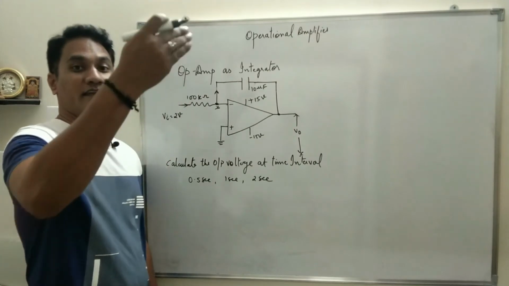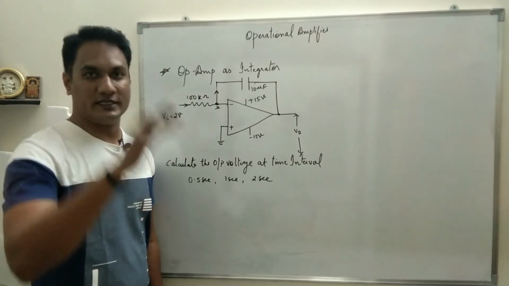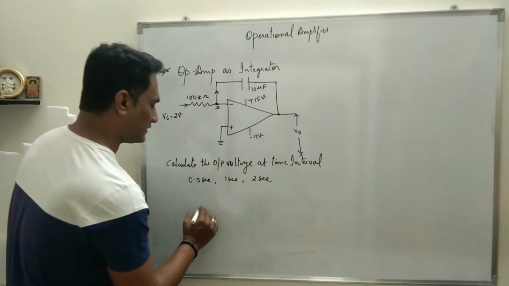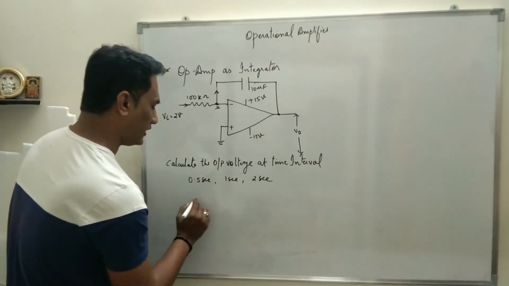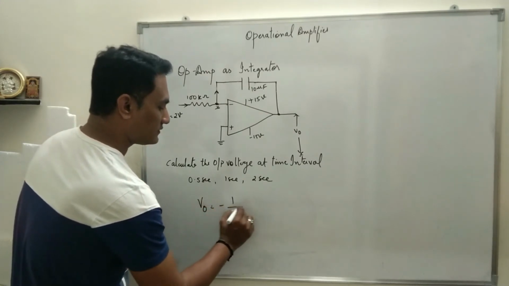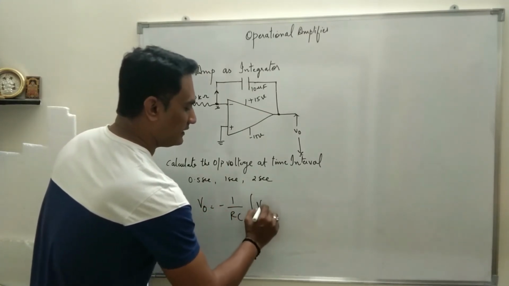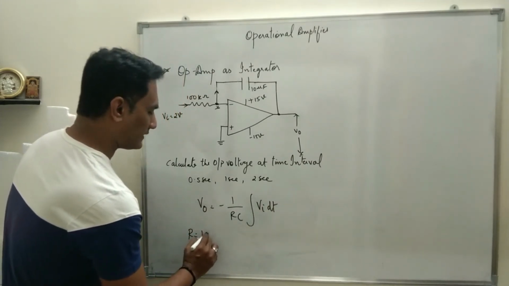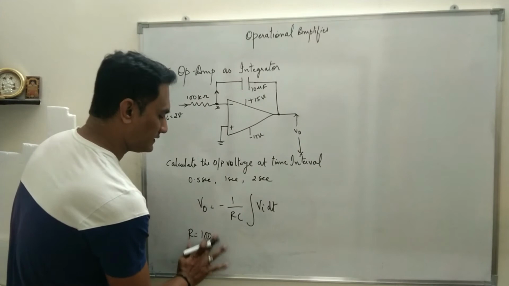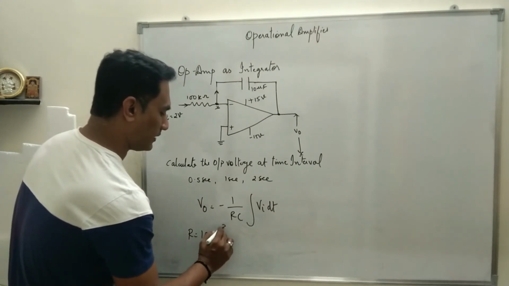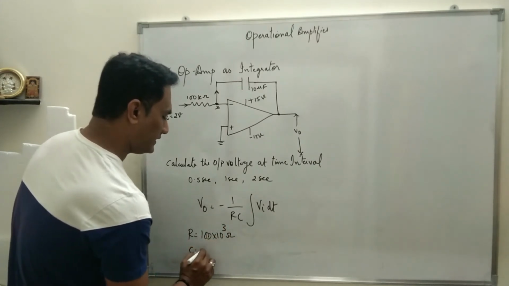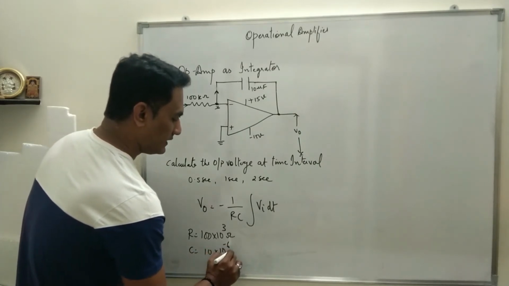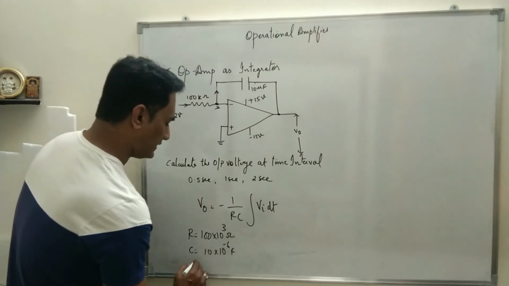The output will keep on increasing with respect to time to reach its final value. Okay, so what is the formula? This is op-amp as integrator. So op-amp as integrator has a formula: V0 is equal to minus 1 upon RC integration of Vi dt. What is R? R is 100 kilo ohms, that means it will be 100 into 10 to the power 3 ohms. C is 10 microfarad, 10 into 10 to the power minus 6 farad, and Vi is equal to